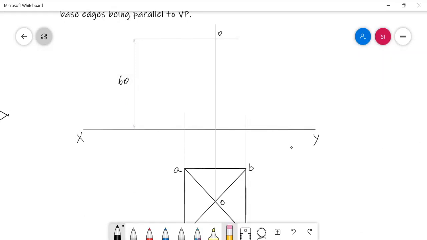And here I can mark the o dash, and here a dash, b dash, c dash and d dash.